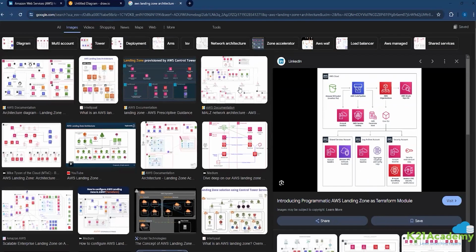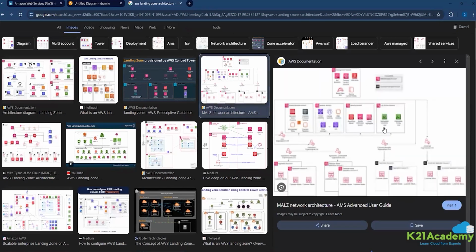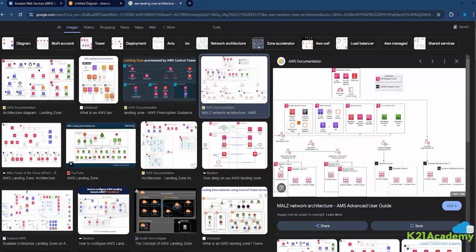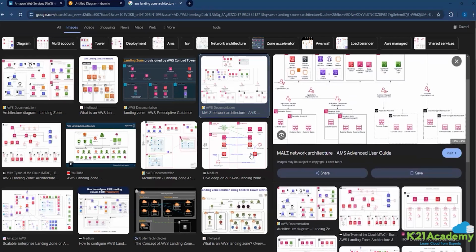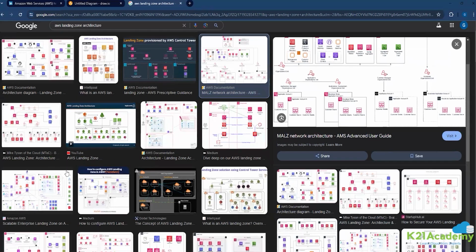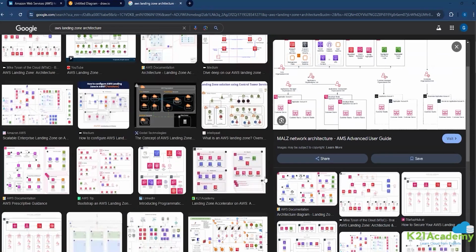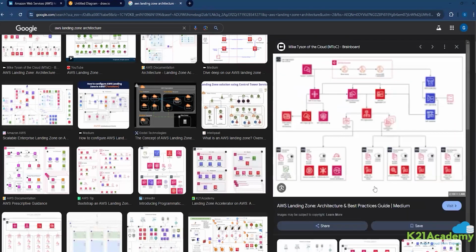I'll show you a complex one, which is this. Now look at it. You have different accounts. Application account 1, in which you host the application and DBs. Application account 2, app and DB. Both are associated with your UK regions. This is for prod, this is for dev. And then let's say there's a US region with 2 accounts. So basically, in a landing zone you segregate the resources, applications, and subscriptions for better segregation. One benefit is that the blast radius is lesser, and the other is better management.